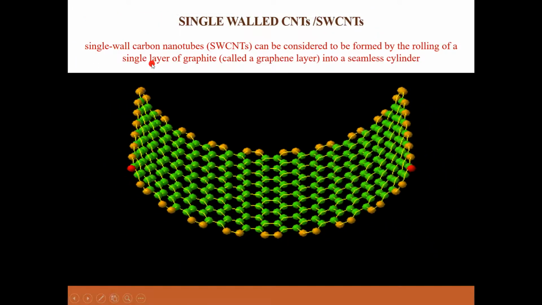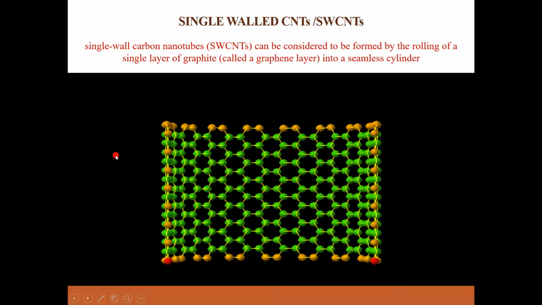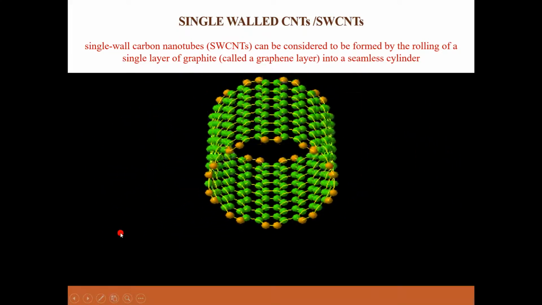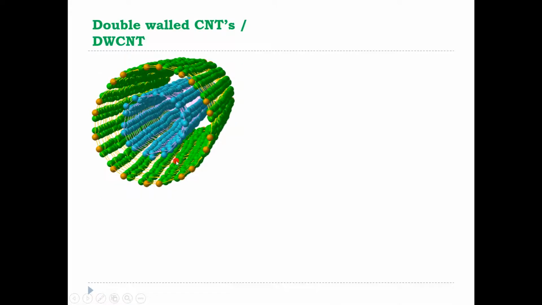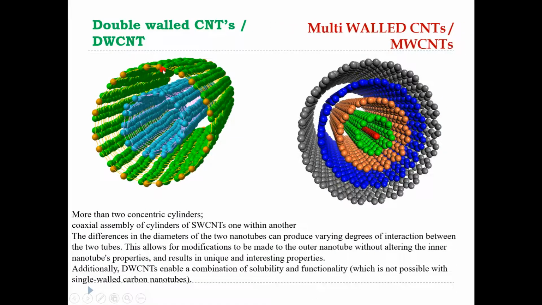There are three types of CNTs that we are going to study. One is single walled CNT, as you can see over here. A single layer of graphene is rolled into a cylindrical form. This is single walled. Then we have multi-walled, in which you can have double walled or multi-walled CNTs. So here it's like one CNT is put into another, cylinders of CNTs inside one another. Okay, more concentric cylinders. So you can have two cylinders of CNT, three cylinders, four cylinders, and so on.